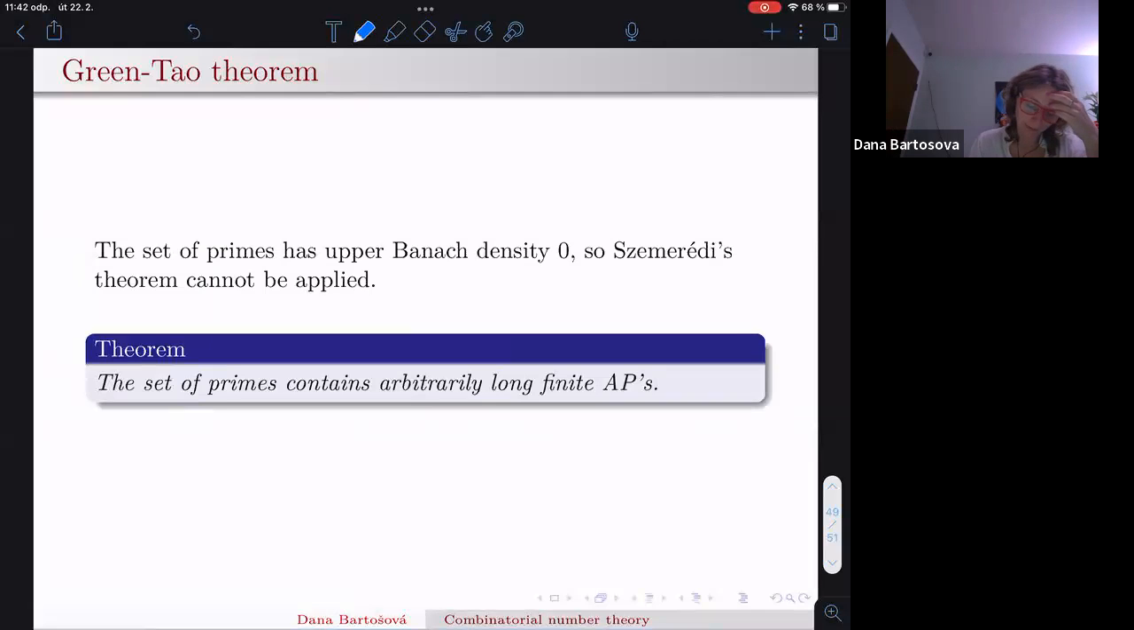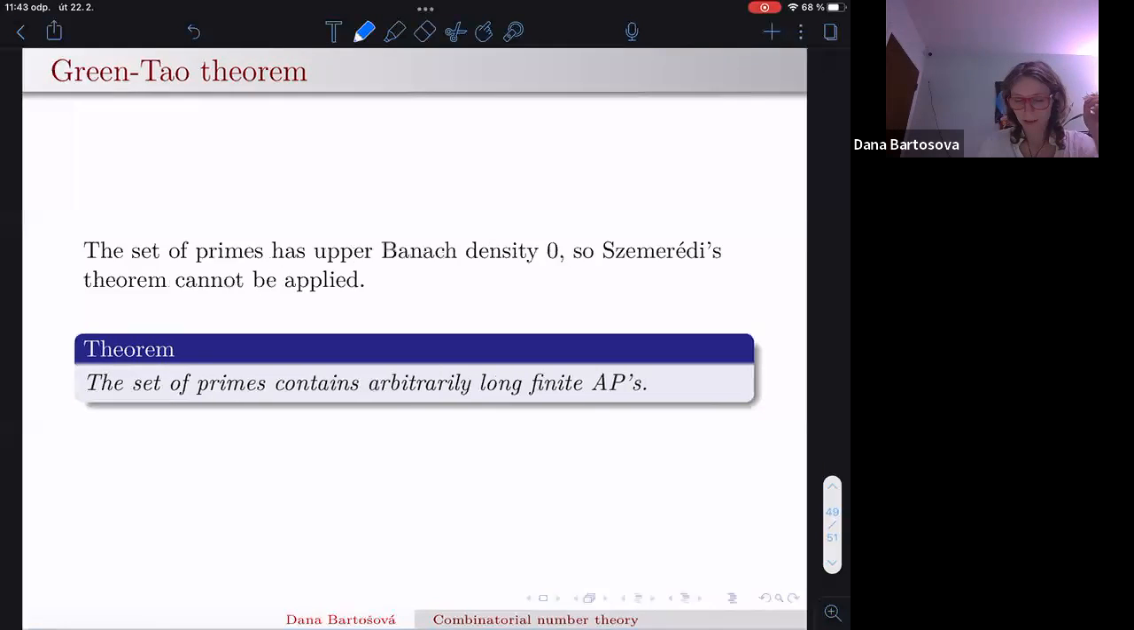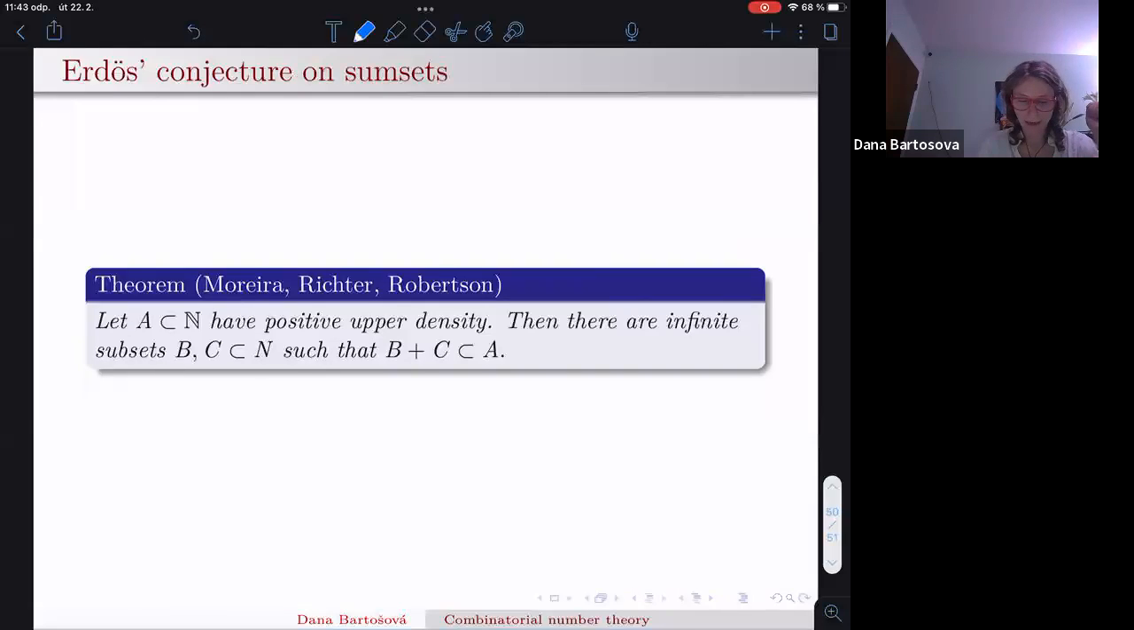And we cannot use Szemerédi's theorem because primes don't have positive upper density, but they are able to show that primes contain arbitrarily long finite arithmetic progressions by different methods, however. And then this is a recent result. I actually don't know when it was published. It appeared on the arXiv in 2019. These are three young guys